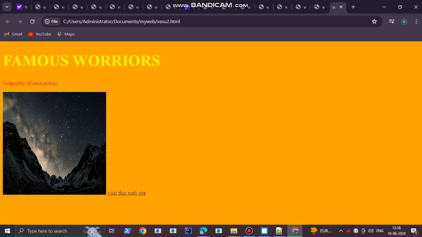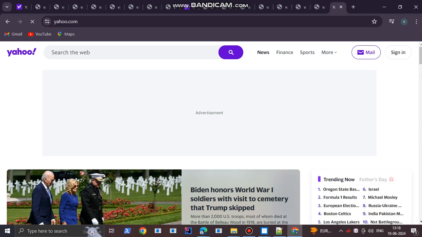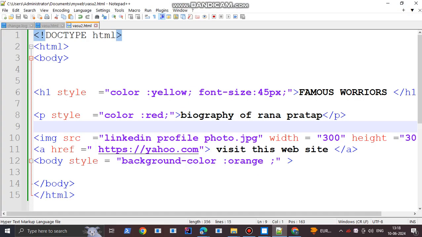This is the image displayed in your web page. This is the link; whenever you click on it, you will go to another website, Yahoo. In the code, the header is styled with the attribute color, this is the value, this is the content famous warriors. The paragraph is styled with the attribute color red.